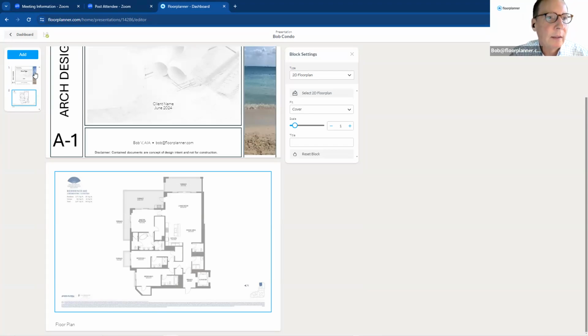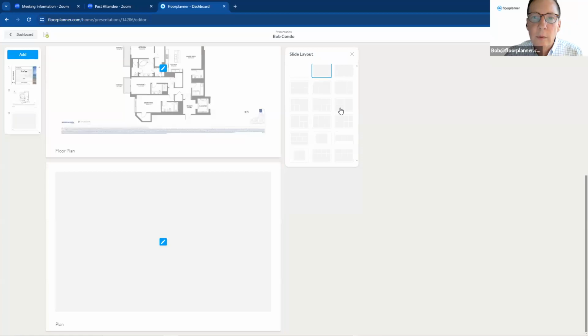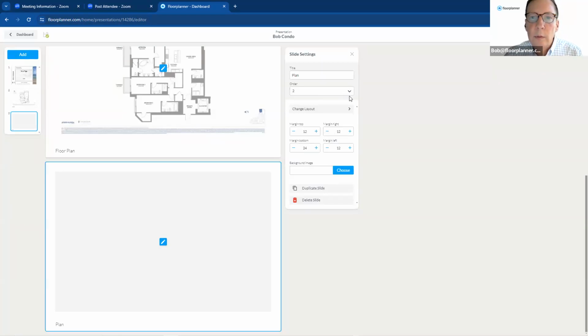I could add then another slide and say, okay, maybe this slide, I want to go ahead and show the actual layout of the particular room that I've already done. So I could just call it plan for right now. And go ahead and say, what kind of page am I looking for in this layout? Again, I'm going to go for the full page up here as a single page. And we are going to find that image